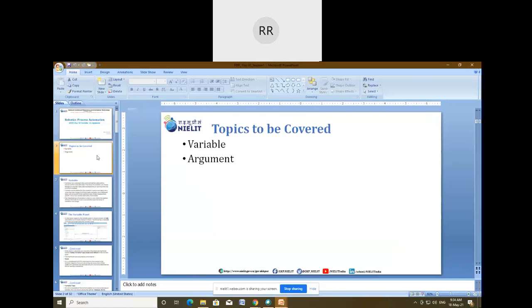Because I have not covered variable, and this variable is going to be used while doing the examples and doing the automation using the sequence file. Okay, so we'll see what is sequence. We have already seen what is sequence. So now we'll discuss about variable. Okay, and then we'll proceed accordingly.